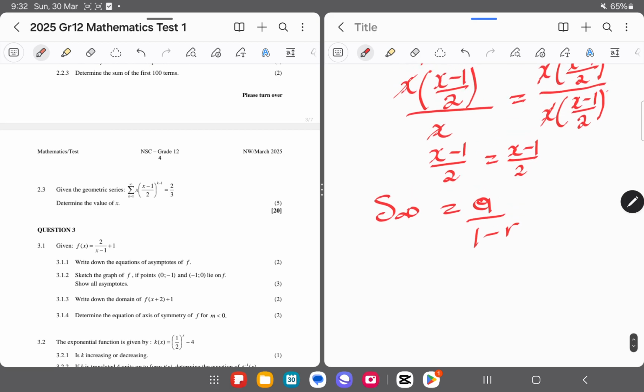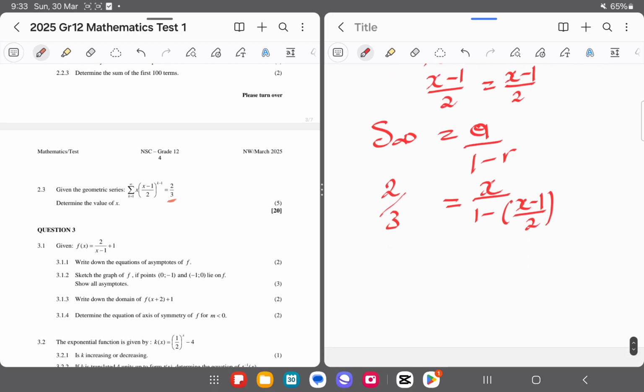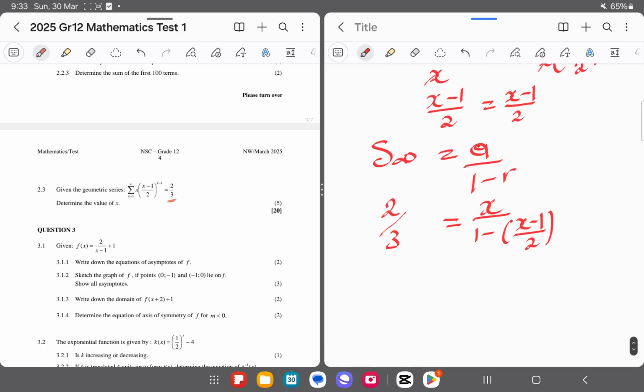Now we were given that the sum to infinity is equal to 2 divided by 3. Now what is our first term? Our first term is x, and then 1 minus, what is our constant ratio? x minus 1 divided by 2. And then when we simplify,